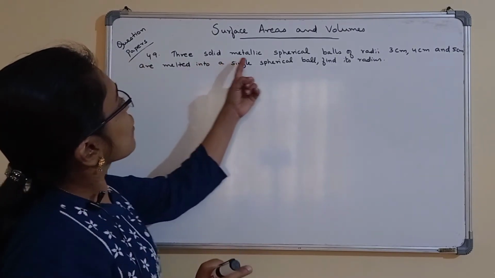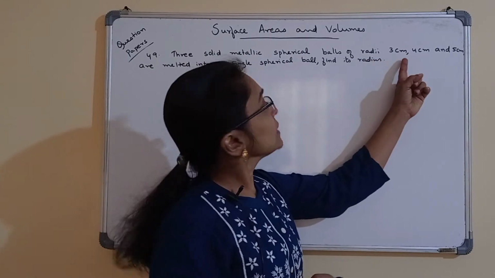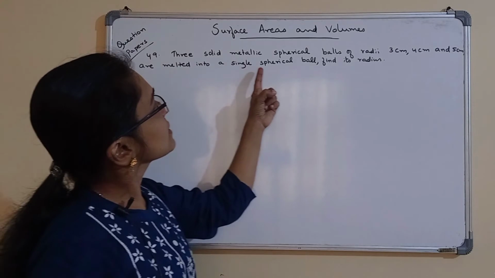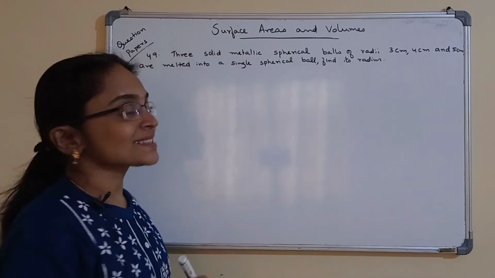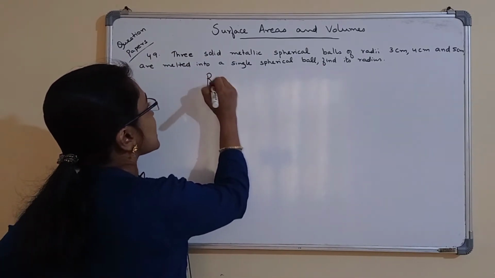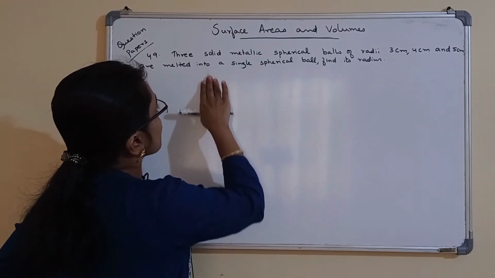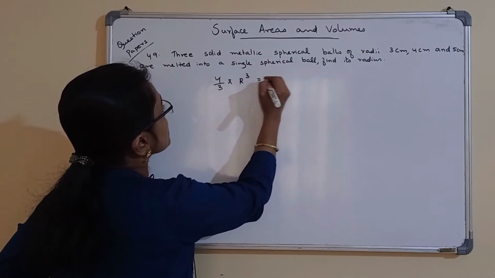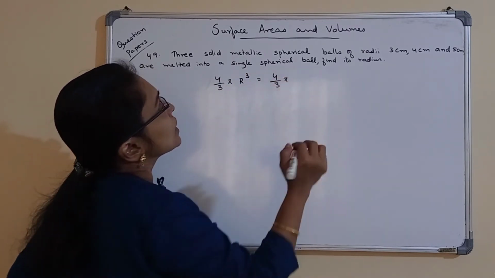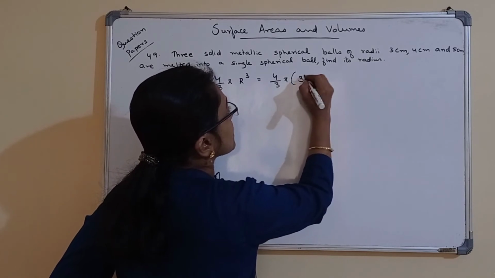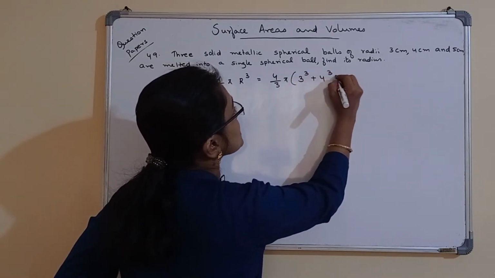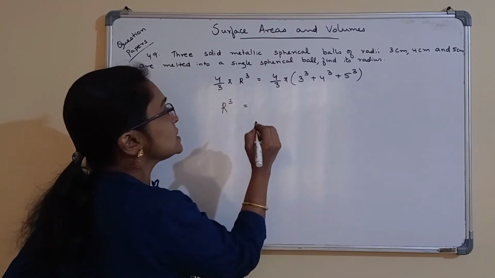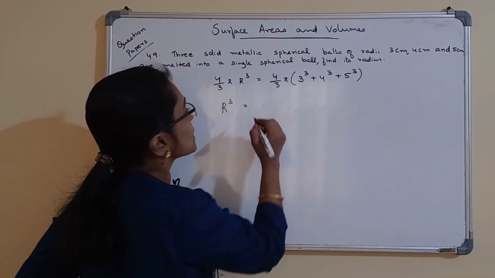Next one, 3 solid metallic spherical balls of radii 3 cm, 4 cm and 5 cm are melted into a single spherical ball. Find its radius. So let R be the radius of the bigger ball. So 4 by 3 pi R cube is equal to 4 by 3 pi into 3 cube plus 4 cube plus 5 cube. So R cube is 3 cube plus 4 cube plus 5 cube,